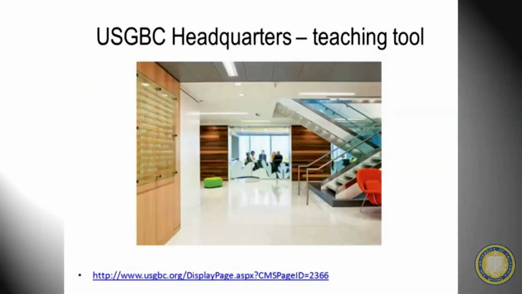And then USGBC headquarters is a commercial interior similar to what the UCI Environment Institute has certification for. And here, this is one of the coolest parts of the tour. This is sustainably harvested wood, but it's from the bottom of the Mississippi River. Back in the day, you saw images or old videos in your history classes of barges of wood going down rivers, and then some of that wood would fall off and go into the water. And nobody thought about it until maybe green building came along.